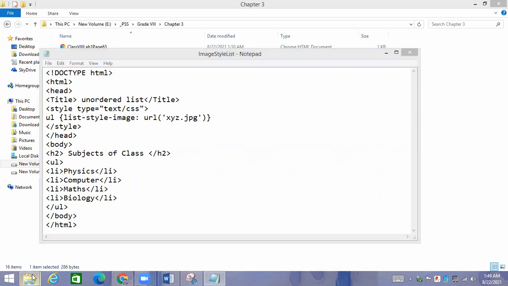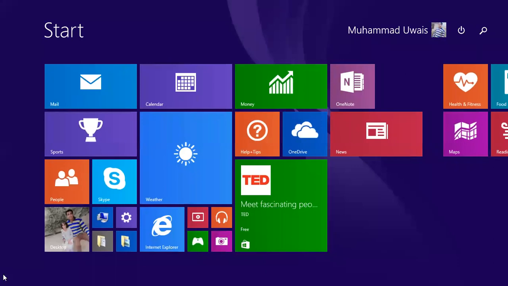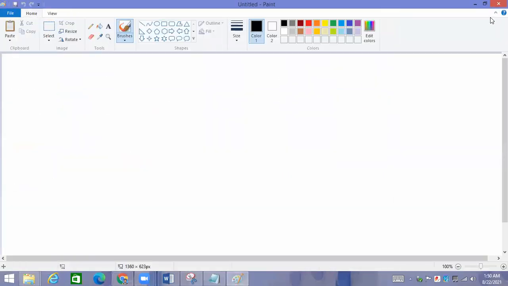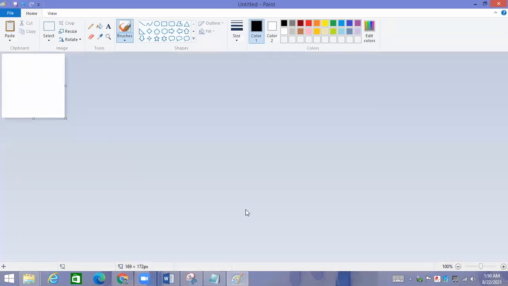I have made my file over here in grade 8, chapter number 3. So over here I need to use some image. So I open Paint, simple Paint software, and I want to make an image that I want to have as a bullet point in my unordered list.